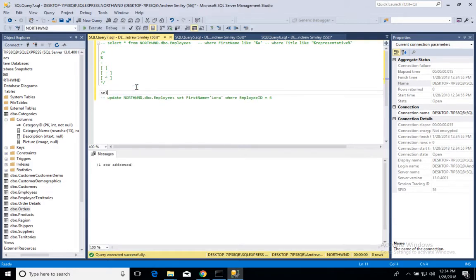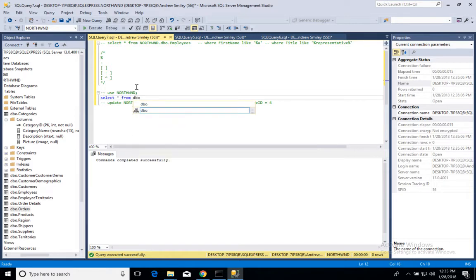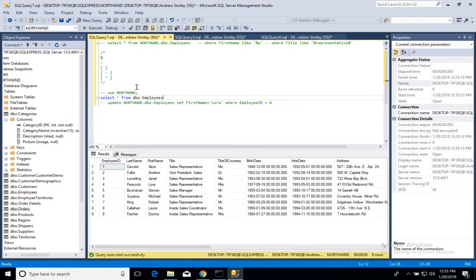So we've updated it, and so now if I do my select star from, let's do this, use Northwind, select star from dbo.employees. So now you can see I've got Laura and Laura. So now I can give a good example of what I'm actually looking for here in regard to matching a single character. And I think it will work like this. So where first name like